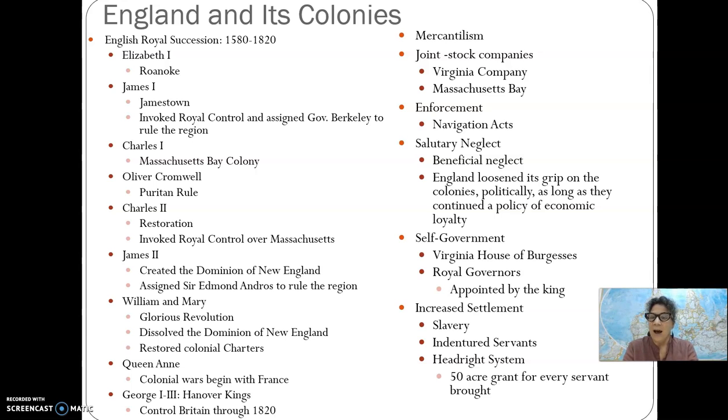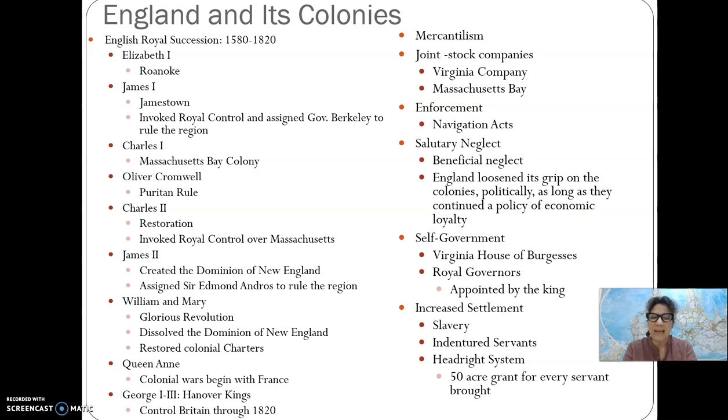After James I's reign, Charles I comes to power, and it was during Charles I's reign that the Massachusetts Bay Colony was settled. I mentioned John Winthrop before. There is also a period in English history where monarchy ended and Puritan rule reigned supreme under Oliver Cromwell. But he didn't rule England for very long, and it was during the Restoration when the monarchs came back in power under Charles II. After Charles II, James II came to power,